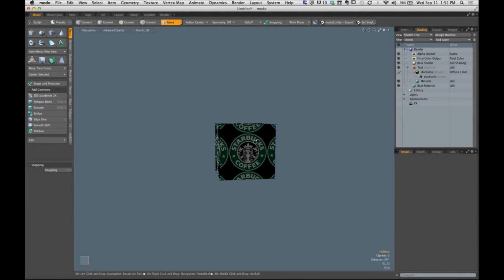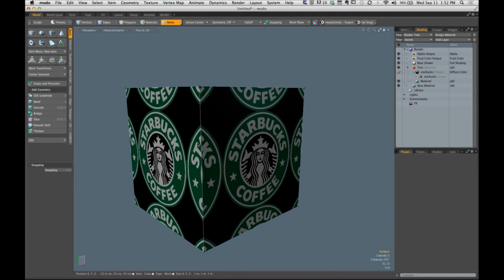Okay. I mentioned before, maybe I only wanted to stamp my little Starbucks logo on one side or once on each side. I don't want it to repeat. You can see that it's just going to repeat both horizontally and vertically. Does anyone remember how to turn this off? It's really easy. It's inside your texture locator properties. If we just grab it,